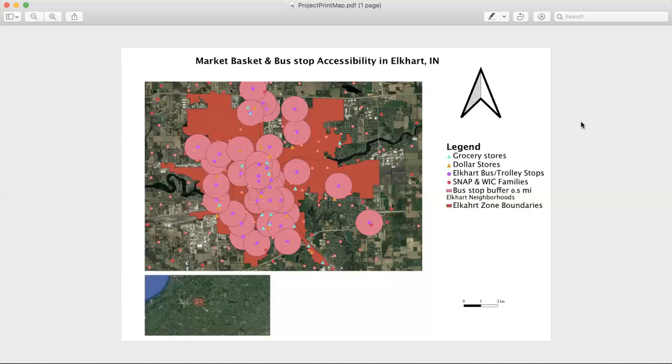the northwestern corner over here, I thought, wow, a big gap. I cannot believe that there's no bus stop there. And then I took off the zone boundary and went to the OpenStreetMap. It's the Elkhart Airport. So obviously nobody's going to be needing a bus stop there, as there's one to the east of the airport. So that would be able to get people there. And that is the only spot I believe personally that should be